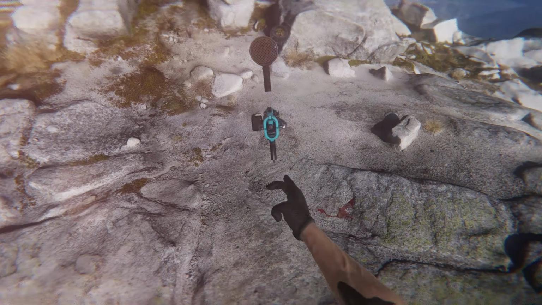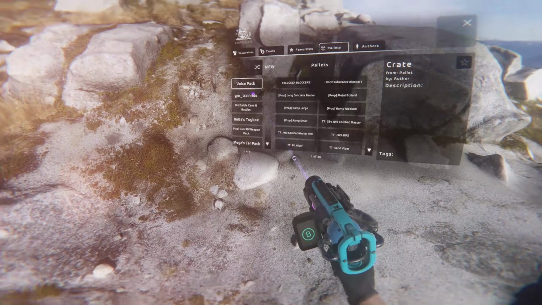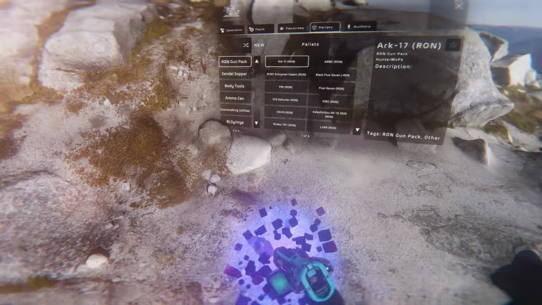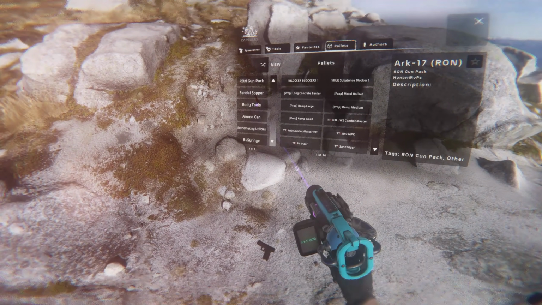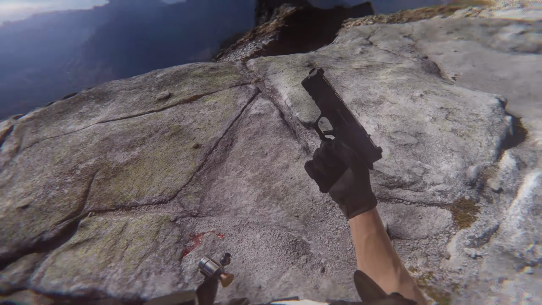Now, if you want to use a gun or a knife, it's a bit complicated. Say I wanted to use a gun, I always use the ready or not pack because sometimes the muzzle flash doesn't show. But you gotta go ammo can. Alright, so now that I have my gun,